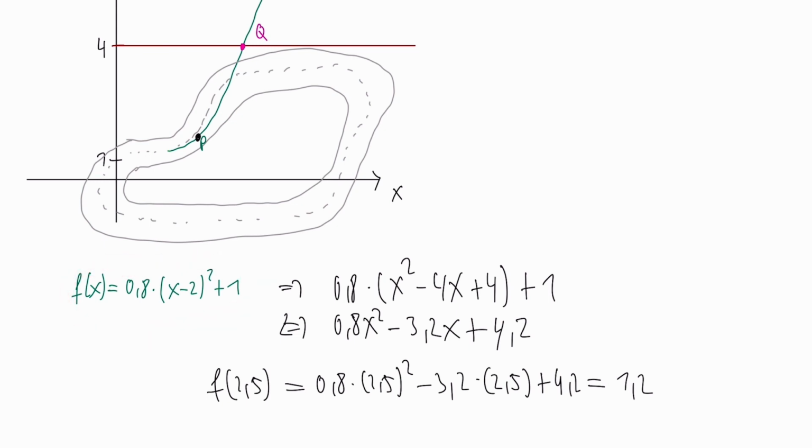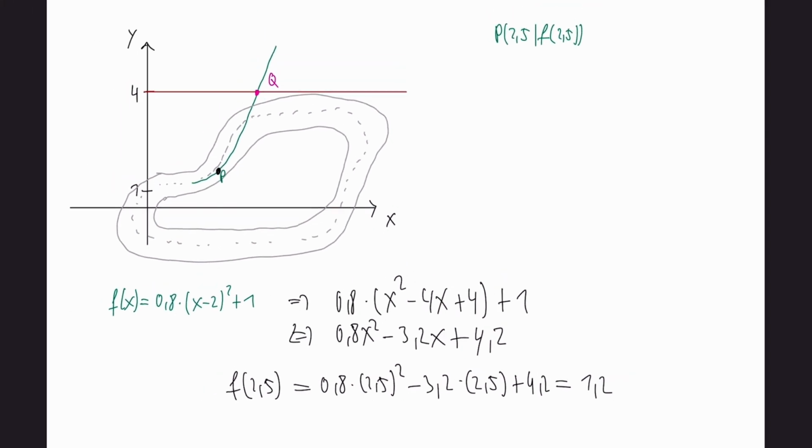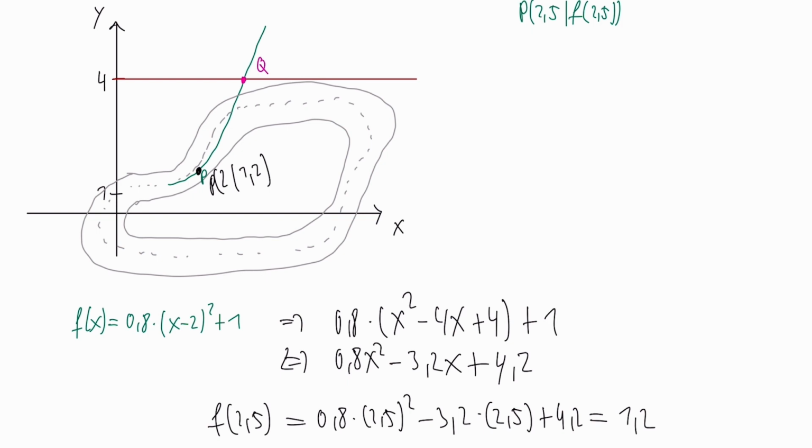So the y coordinate is at 1.2, so this gives us the point P (2.5, 1.2). At this point, the driver loses control and continues in a straight line until he hits the red bar, and this is the question. We need to find the point Q, so the intersection between the linear function y equals 4 and the